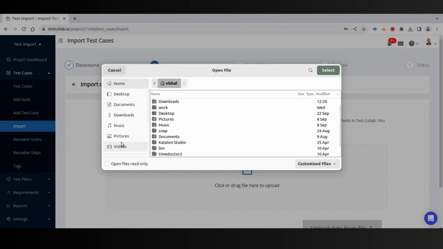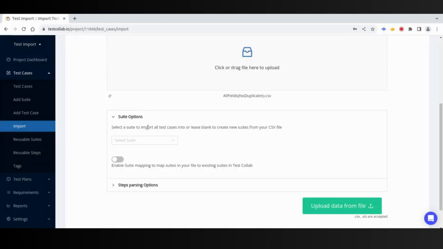Let us upload a file from my PC. There are some optional configurations you can do. You can select a pre-existing suite from the drop-down here. This will import all the test cases from spreadsheet under the selected test suite. Other option is Enable Suites Mapping. You can use this option if you want the suites in your spreadsheet to be mapped with suites already present